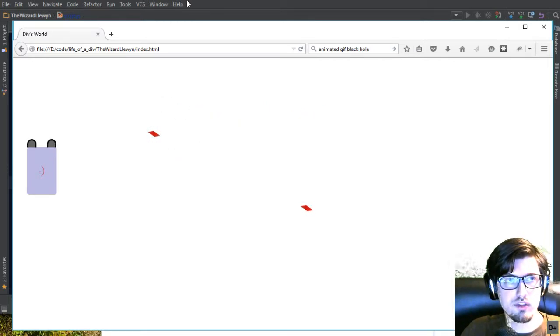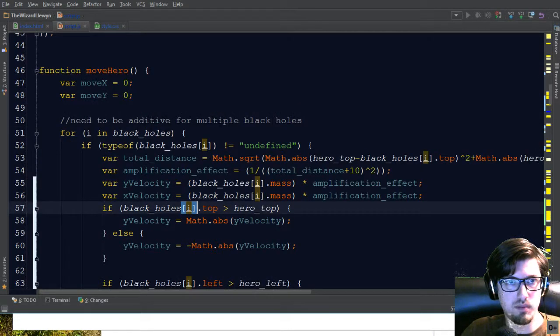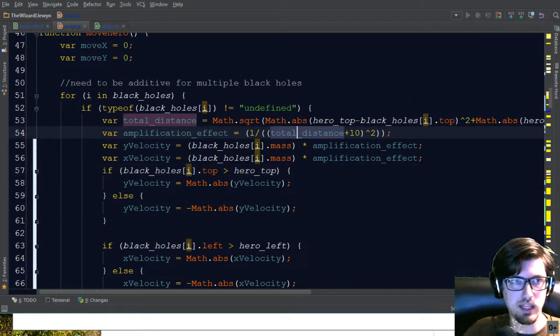Okay, so as I was saying about the top and left, I want